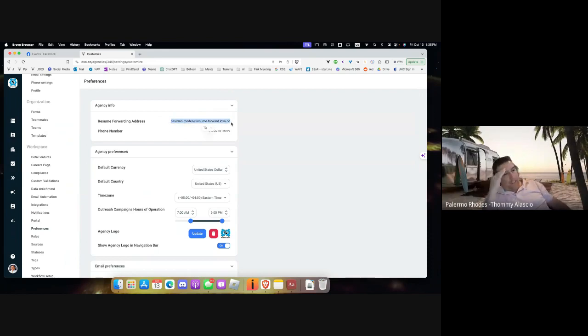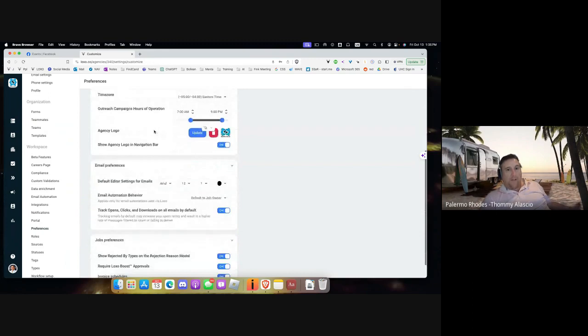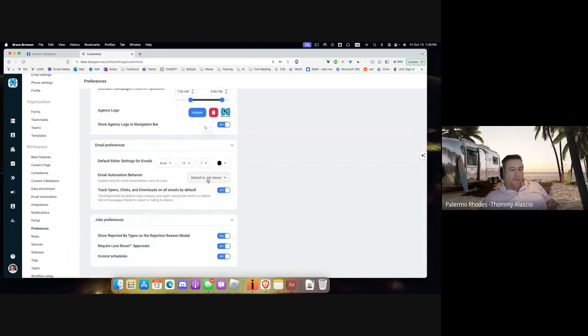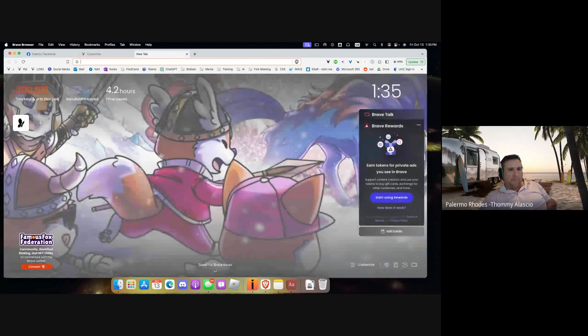Does everybody know about this? That you can email resumes right into your database, that you don't have to parse them. You don't have to use the Loxo extension. If someone sends you a resume, you can just forward it right to this email and it'll automatically make a person in there. I hope everybody knows that. Anybody watching this knows that, right? And then there are the other ways you can change your fonts and all that, but you know you can also,